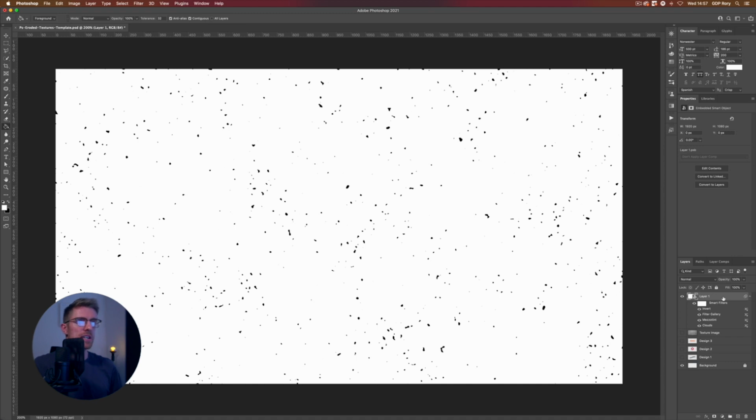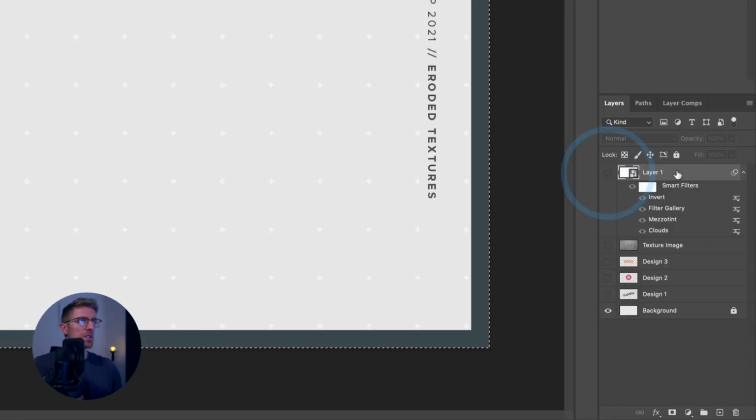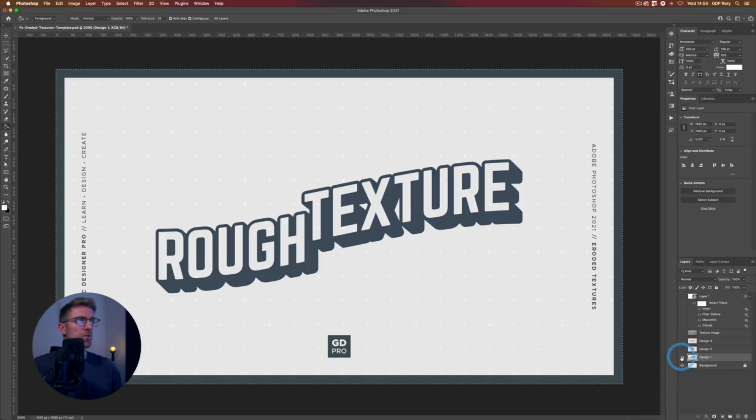this to a design. So to do that, what I'm going to do first is press Command A, and that's basically going to make a selection of the canvas, and it's going to select everything on the layer we have selected. Now I'm going to just copy this with Command C. That's Control A and Control C if you're on a PC, by the way, and I'm just going to hide the visibility of this layer for now. Now if I go back down in my layers panel, we have a few design layers set up here, so I'm just going to enable the visibility of our first design here,